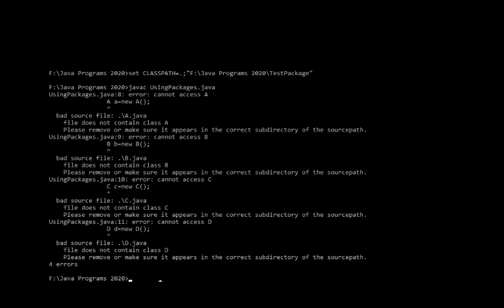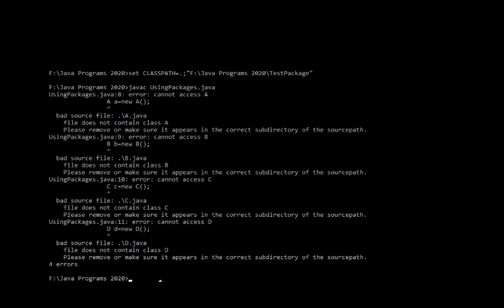Now you might be thinking that okay, we have already put our class files in the correct directories. Then why is this happening? So this is a common mistake which occurs. That's why I wanted to show it to you. The reason is the class loader of the JVM, the default program which runs whenever you are trying to use classes. When you are trying to use a class or an object of a class in your program, the class loader will try to find out where the destination of that particular class is.